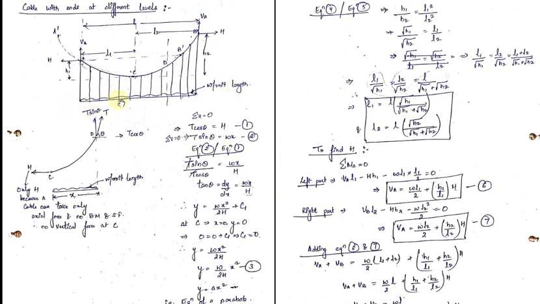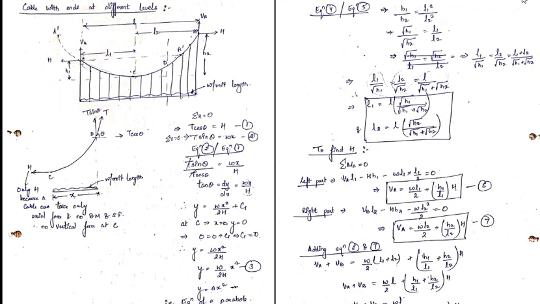Now in this diagram, we will apply summation of the moment at C point equal to 0. We are putting the moment at C point equal to 0 because we know that the cable is flexible and the bending moment at any section in a cable is 0. So therefore we can take the moment at C point equal to 0. Now in order to find the moment at C point, either we can take the left part of the C point or we can take the right part. So first we will take the left part of the C point.